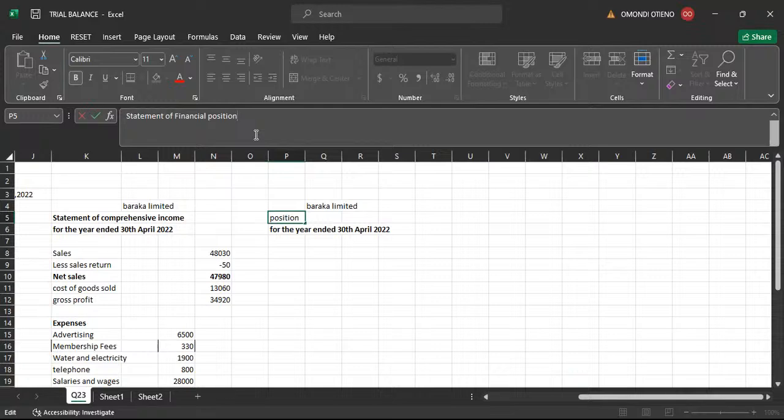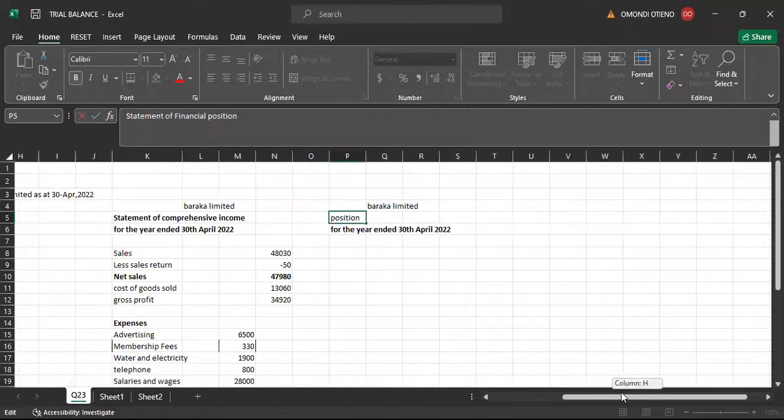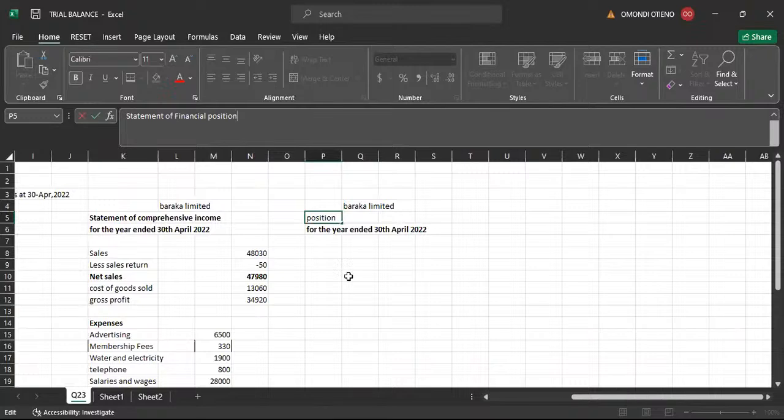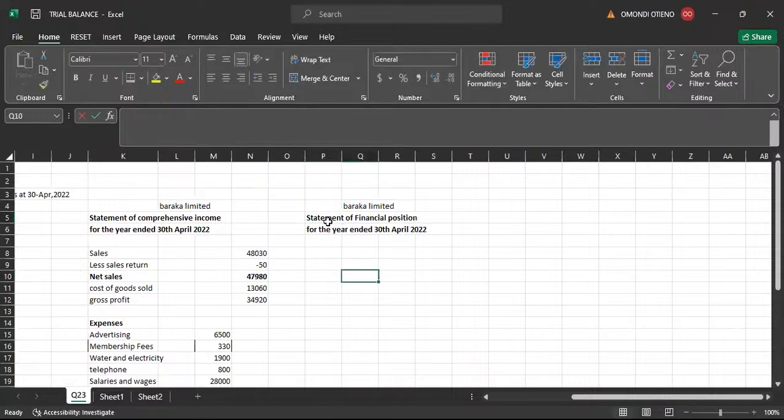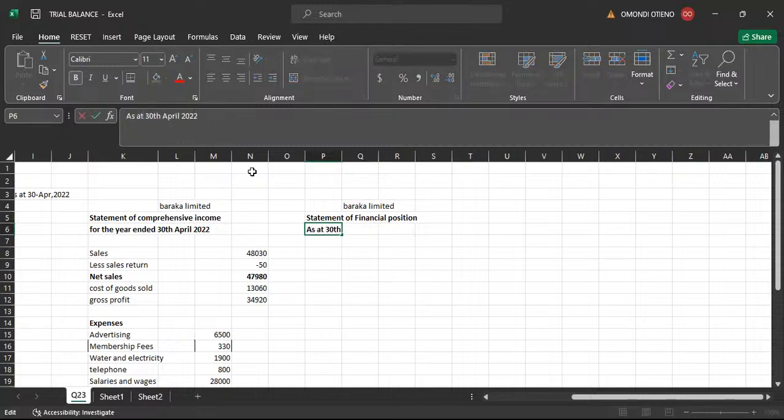Statement of changes in equity, we don't need that. We don't need statement of changes in equity here, because the examiner has not requested you to prepare the two. Statement of equity, no, we are not going to prepare it here, unless you are going to maybe prepare the published account, something of that kind, which is also having a different format. So statement of financial position as at 30th April 2022,